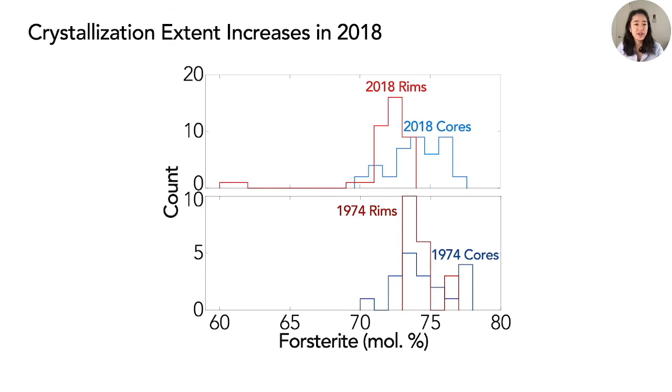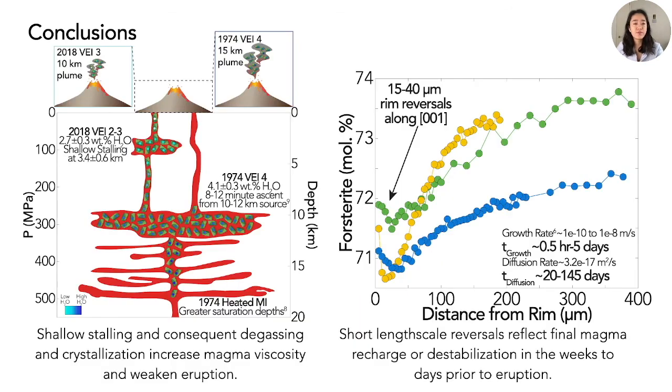And this is indeed reflected in the lower rim forsterite compositions in equilibrium with matrix glass for 2018, peaking at 71.3 and offset from 1974 by around 1.5 forsterite units. The potassium content in the matrix glass from 2018 is also enriched by 70% compared to the maximum observed in 1974. Both forsterite and potassium reflect a magma that's undergone increased crystallization and evolution, also increasing magma viscosity for the